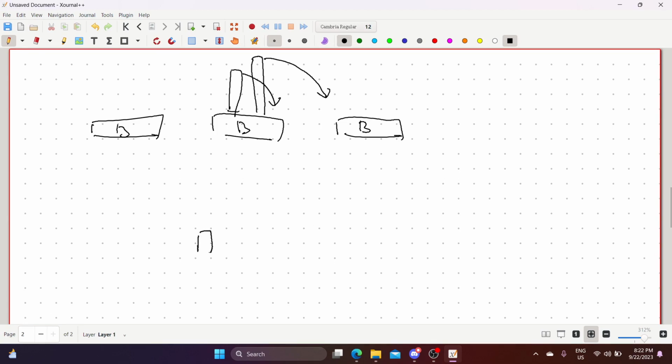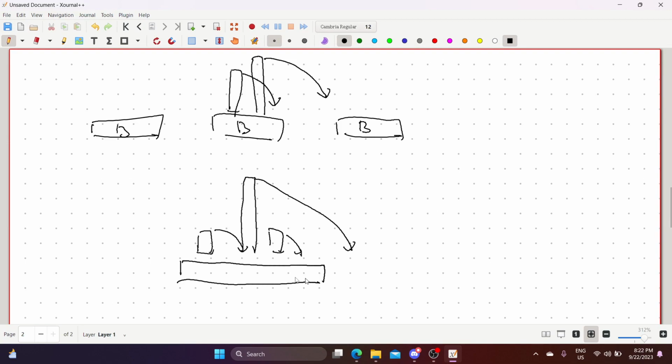Let me try to illustrate what I'm saying. For example, you have this thing that goes very far. Let's say this is a single bucket. So what you want to store is, inside this single bucket alone,